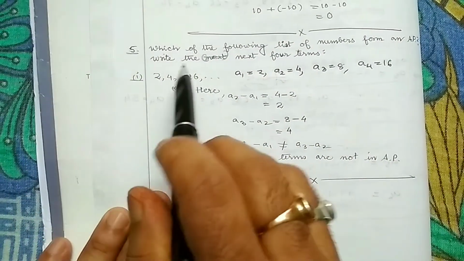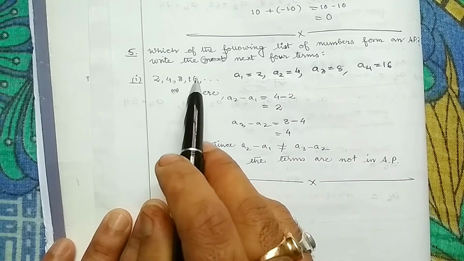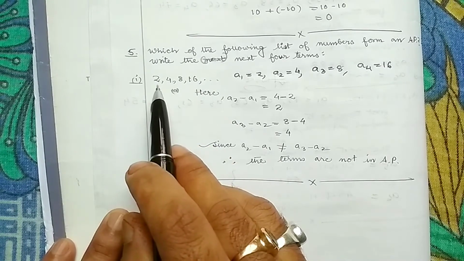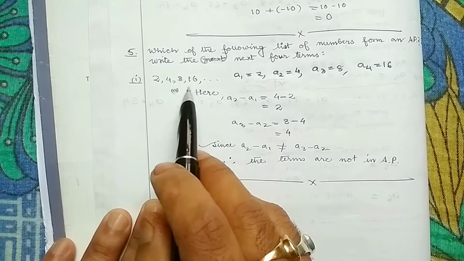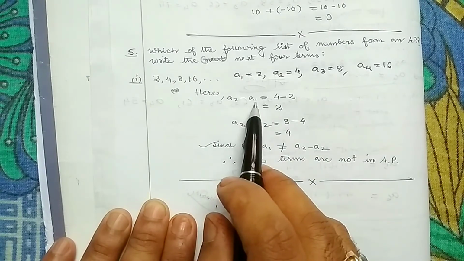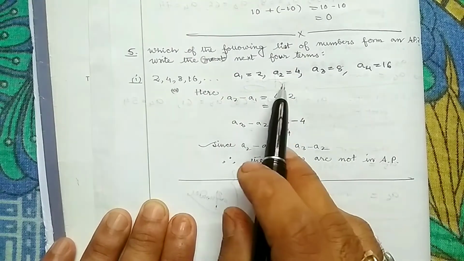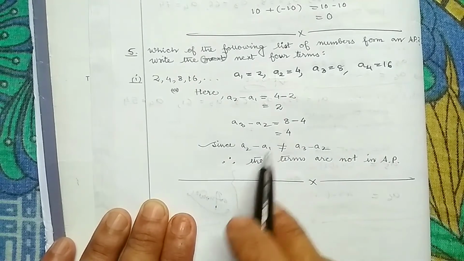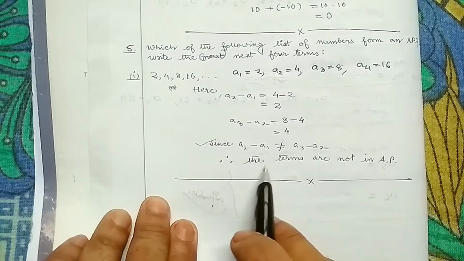Here the question is 2, 4, 8, 16. These 4 values are given. We have to check whether they are in AP. So here A1 is 2, A2 is 4, A3 is 8, A4 is 16. Now A2 minus A1 equals 4 minus 2, which is 2. A3 minus A2, 8 minus 4, is 4. Are they same? No. Since A2 minus A1 is not equal to A3 minus A2, therefore the terms are not